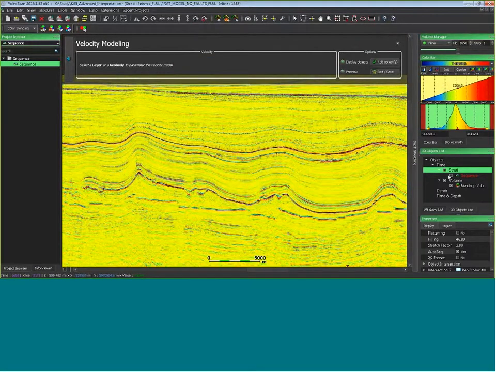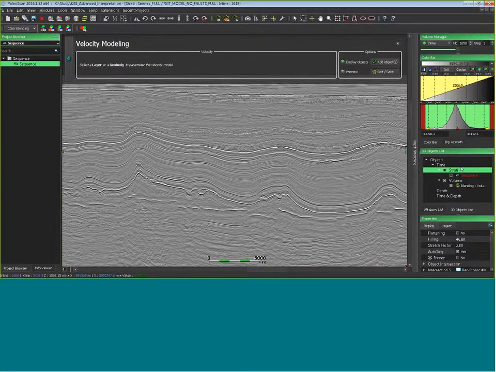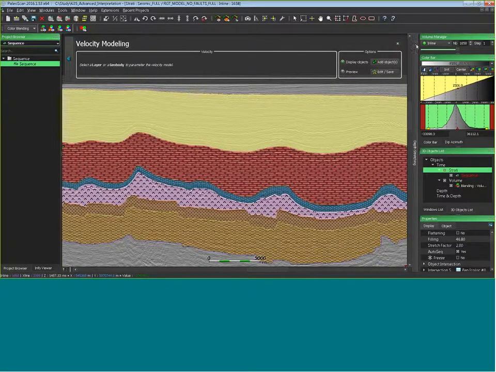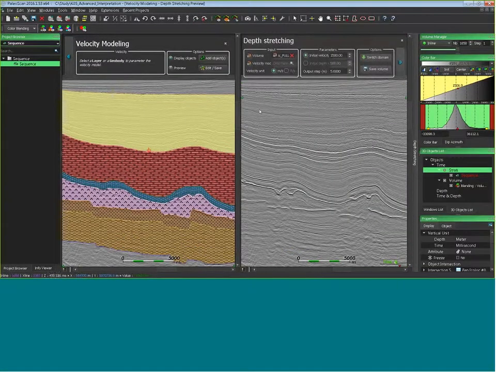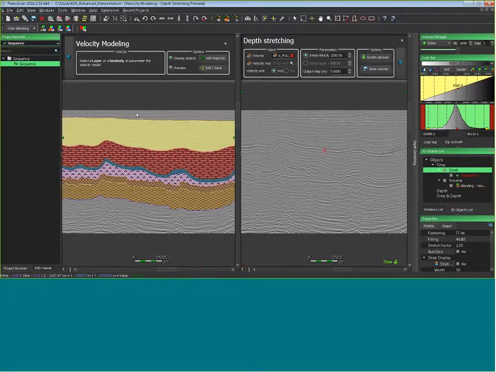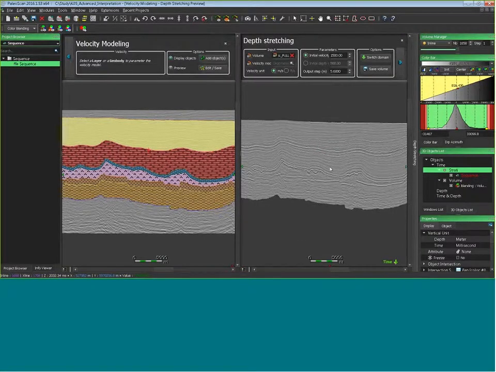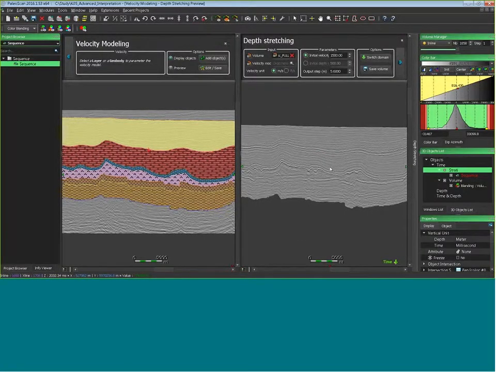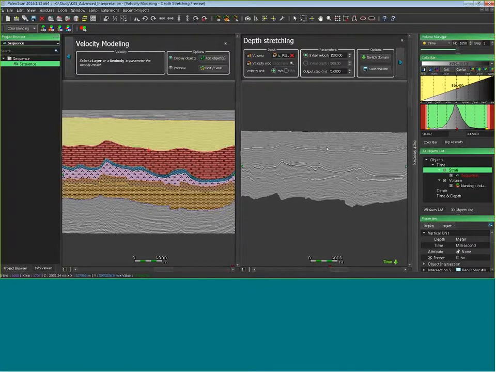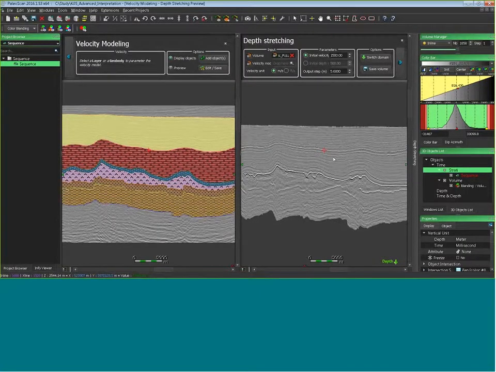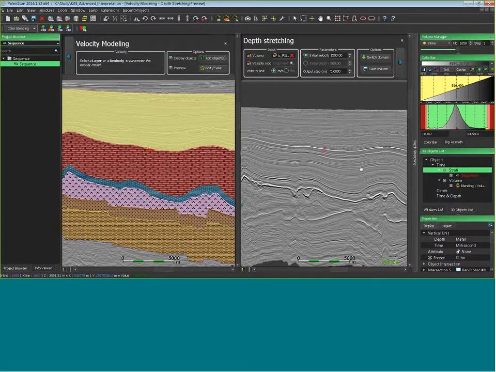Okay, just come back to the strati, and exactly as the cross plot now, I have a depth stretching bar on the right part. Just click on this one, and for the moment, I have my volume with my sequence in time and my volume in time. Okay, and if I press T, the shortcut to switch with the Wheeler domain, on the depth stretching, I can depth stretch, and now I have my volume in depth.